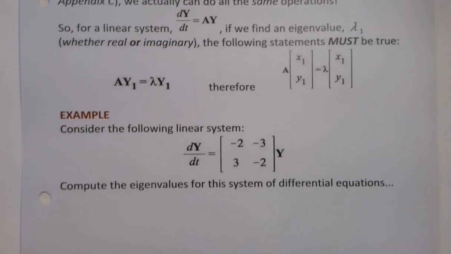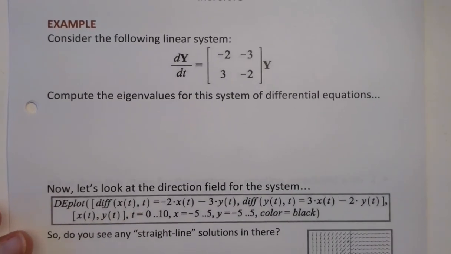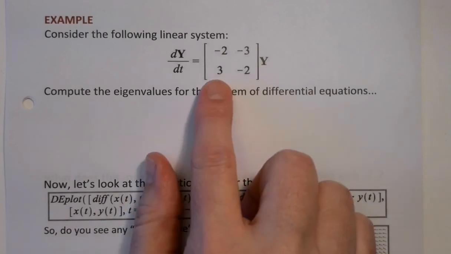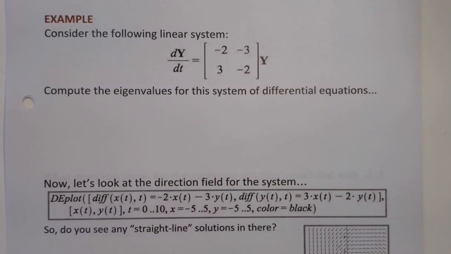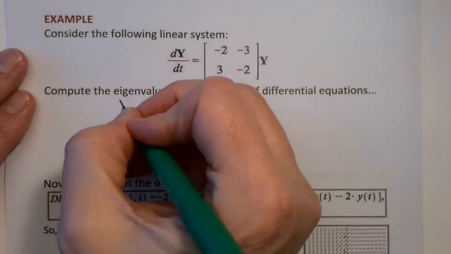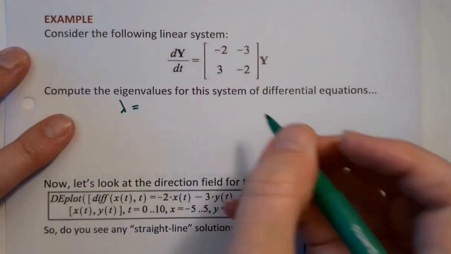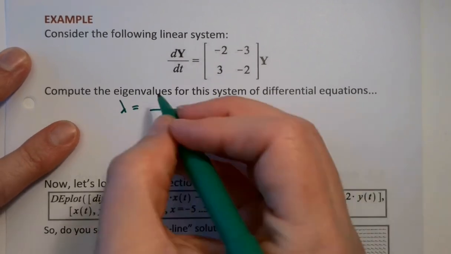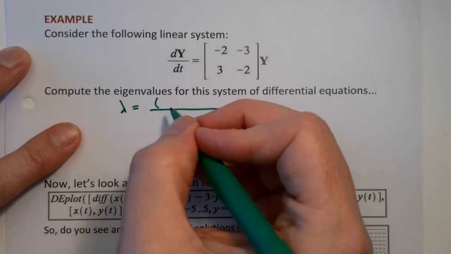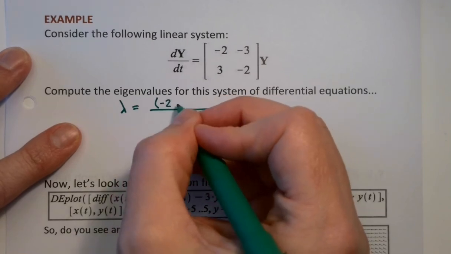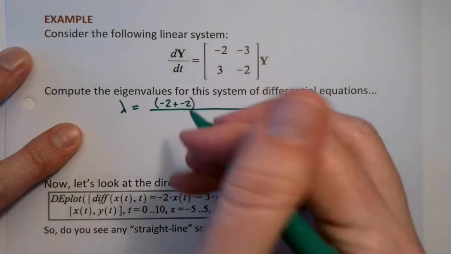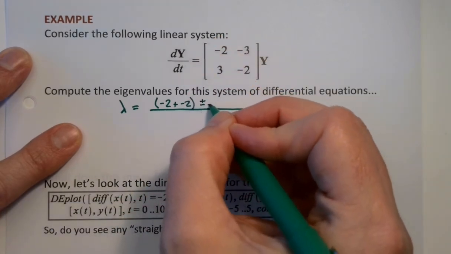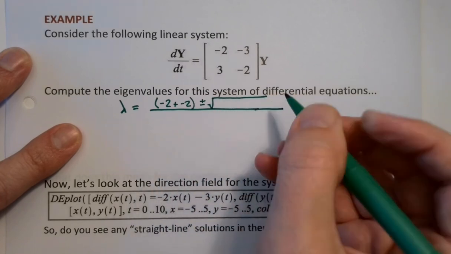So let's take, for example, a situation like this down here. We have our coefficient matrix, and you'll notice these are just real numbers. They're even whole real numbers. That makes it nice and simple. And so if you use our eigenvalues formula from the previous page, we can say, I'll just use my eigenvalues formula, and that was -2 plus -2 inside there. That's the relationship between those two. And then plus or minus. And then in the square root,